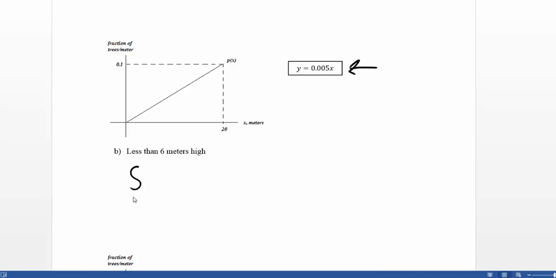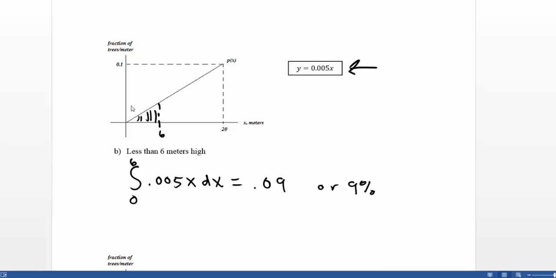So again, we can set up an integral from 0 to 6 of 0.005x dx. And if we were to integrate that, we are going to get 0.09, or equivalently 9%. So remember, before we did less than 5, now we're looking at less than 6, which is still a